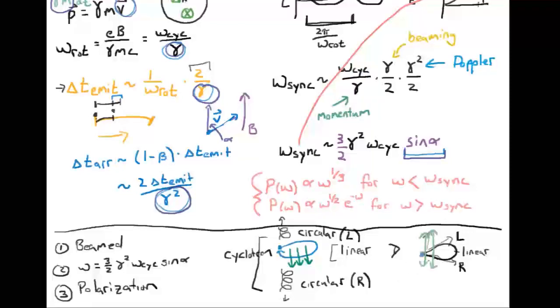But in almost all situations where synchrotron emission is happening, we actually have lots of electrons spinning around here. And if all of these electrons are spinning around here, their beams and their emission end up overlapping. So one electron's beam may end up here, the next electron's beam ends up over here, next one over here. They're emitting from all different regions next to each other, oriented along the field line of this magnetic field,